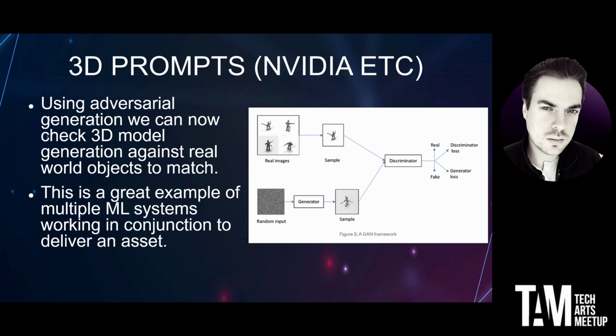This is a great one for adversarial work. It will start to build the 3D model, and then it will run through a different AI to say, what is this? If it is the thing that you're trying to create, fantastic, it's created it. If it isn't, then it'll keep reworking that. So you actually see these two systems work in conjunction to build our 3D model and get something that's representative of the actual world.